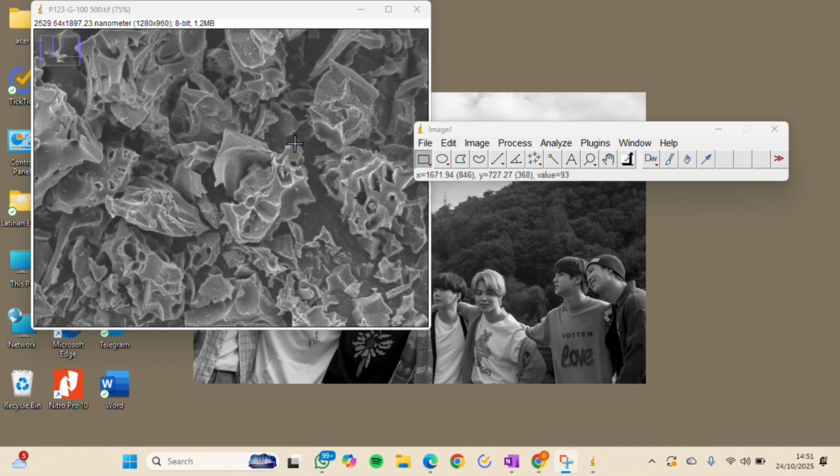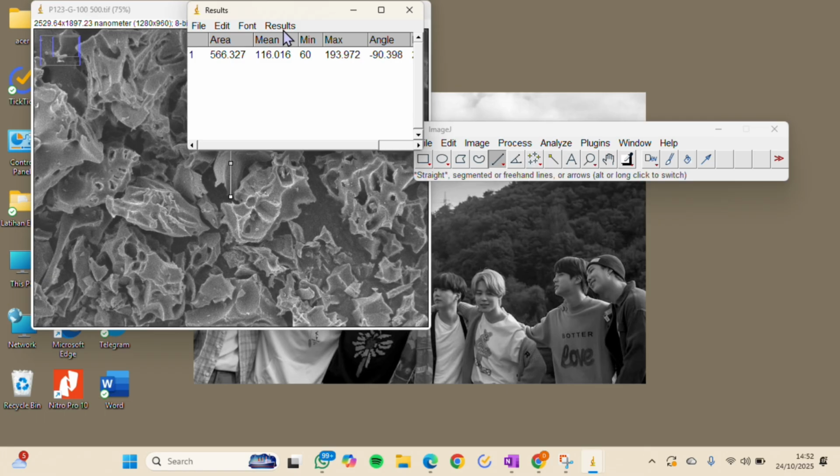The tutorial is: select the straight line tool, then draw a line across the particle diameter. Then we get one line. Click the analyze and click measure.